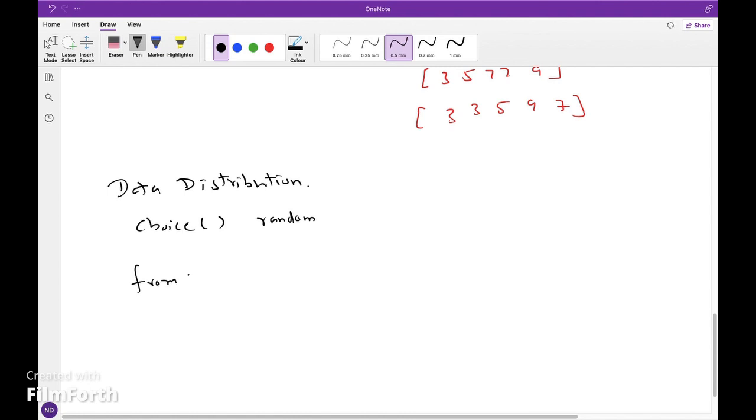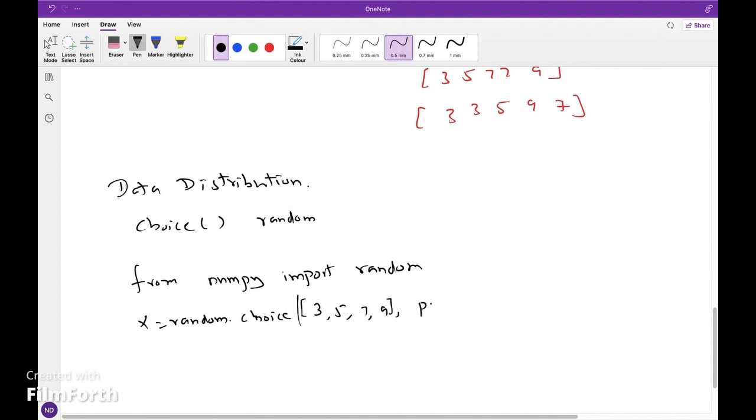Example: from numpy import random, x = random.choice([3, 5, 7, 9], p=[0.1, 0.3, 0.6, 0.0], size=100). Print x. So in this case, the output is